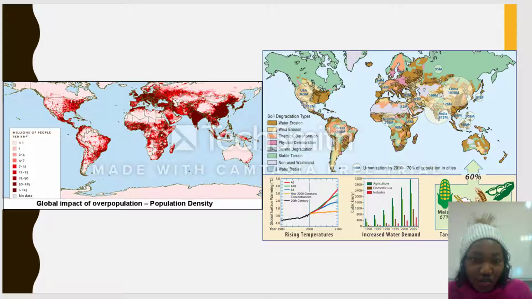If you look at the first world map, it shows the areas of the world which are overpopulated, and then looking at the second map, it shows the areas in the world which have severe either soil or environmental degradation. If we try to compare both maps, we'll see that